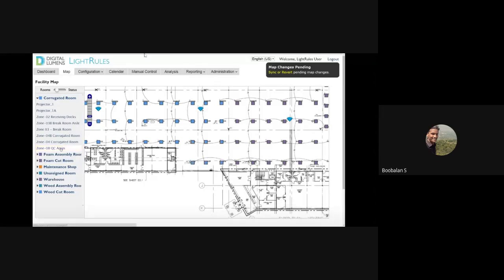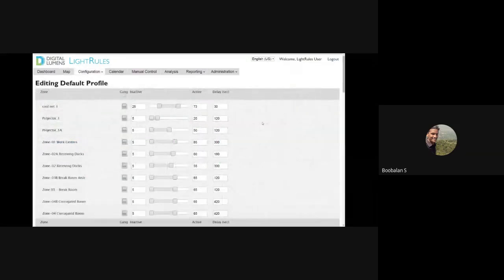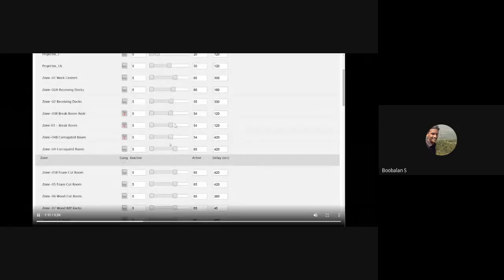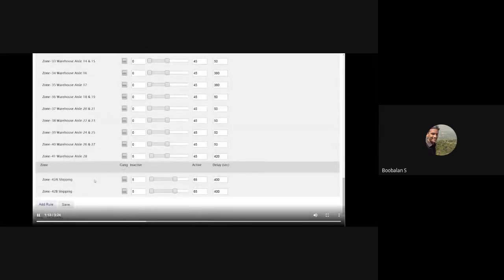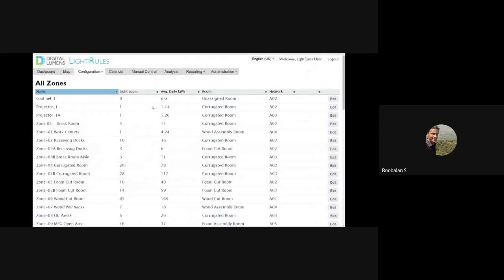In the facility, when status mode is selected, the facility map displays the status of each fixture. Clicking on an individual fixture will provide information about its zone assignment and status. Lighting settings and profiles are used to define the various behavior states of lighting fixtures within a facility. Users can configure active and inactive light levels, group settings, and response to daylight conditions to maximize efficiency and performance. Lighting zones and profiles are easily modified to accommodate